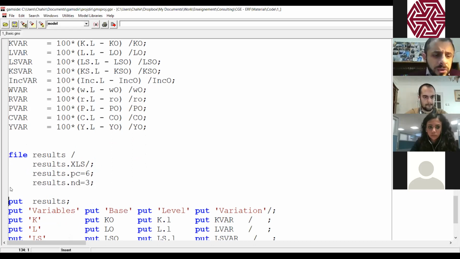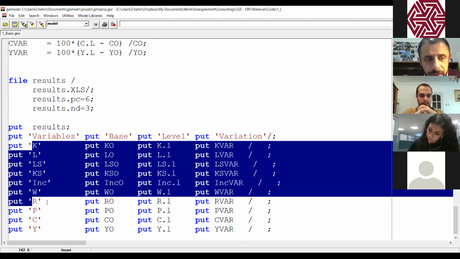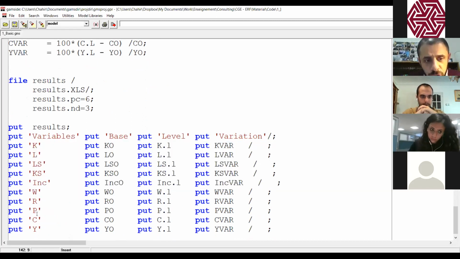And then here I'm asking GAMS to put this file in this file called results, 4 columns, a column called variable, and when I put any label between quotation marks, GAMS will insert it as a text, okay? So this first column includes the variable's name, K, L, LS, KS, and so on.